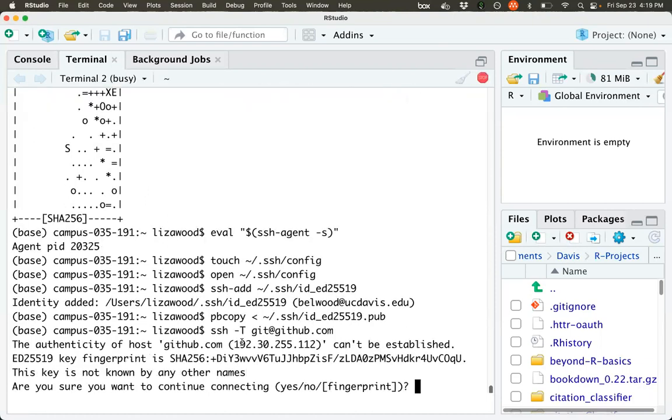Press enter. And this is giving us the warning that GitHub anticipates, which is to say that the authenticity can't be established. It gives us this unique fingerprint, and it says that this key is not known by other names. And do we actually want to continue connecting? Now, our options are not exactly what the GitHub website shows us. On the GitHub website, it says, do you want to continue, just yes or no? I'm still a little mystified by what this fingerprint option is. But when we go ahead and type yes,